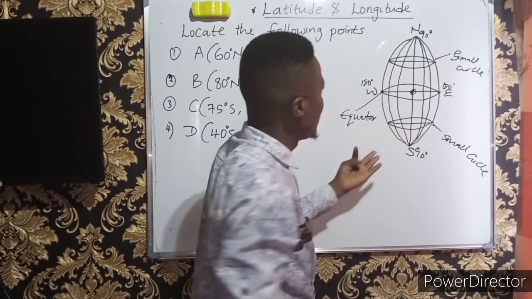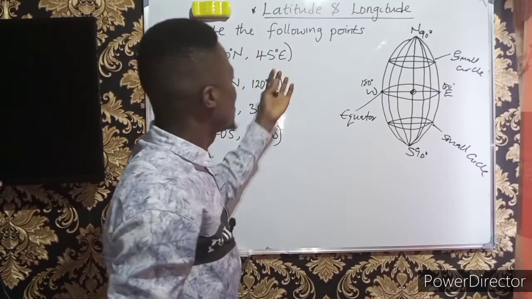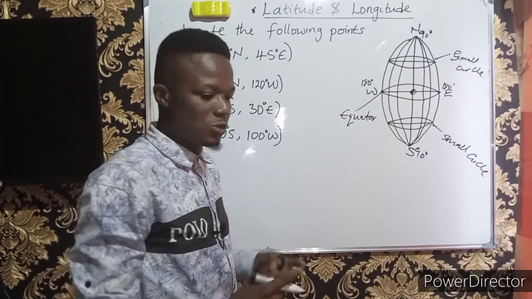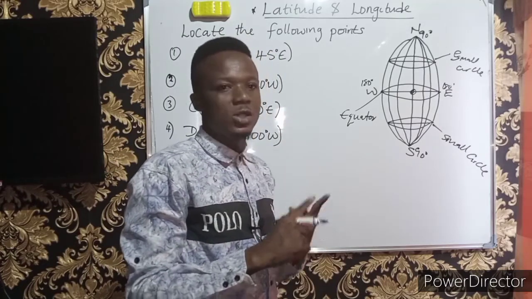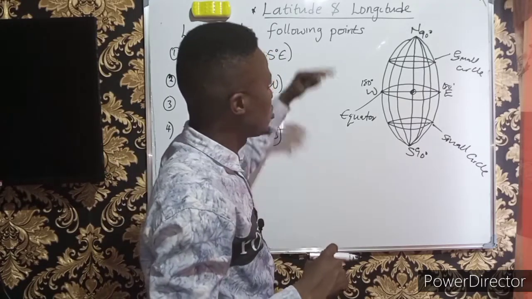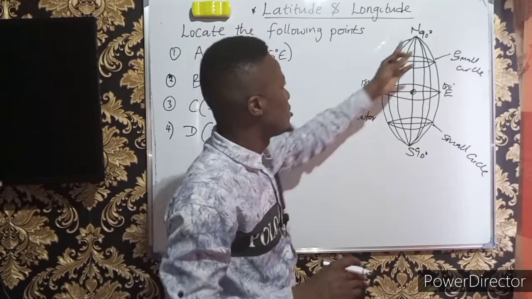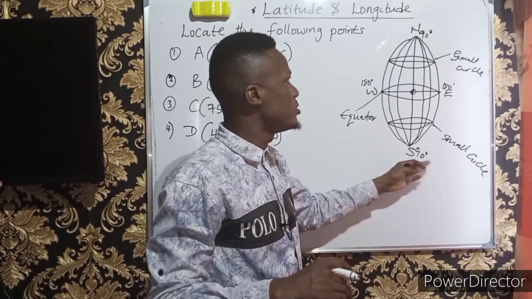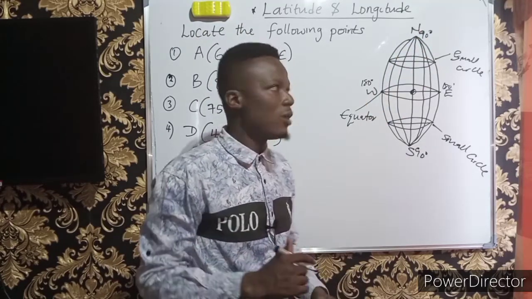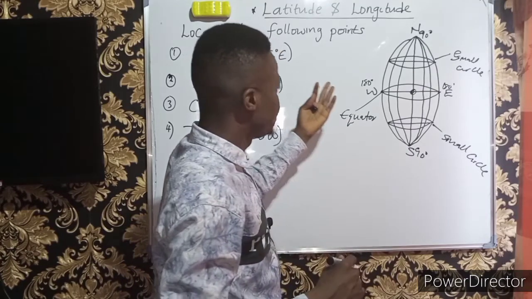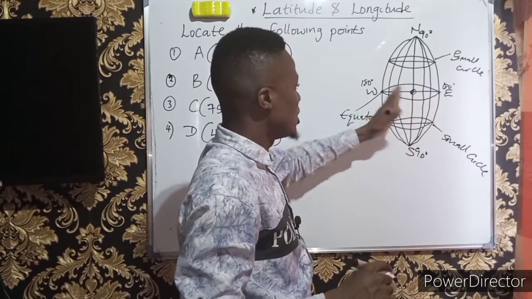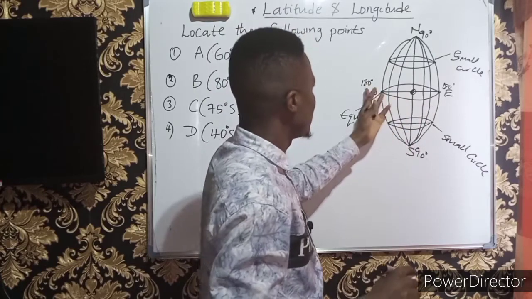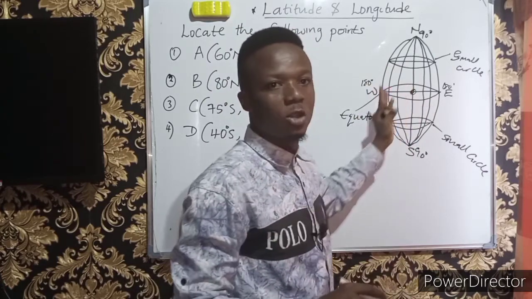The same thing applies here. So this is just the distinction between the latitude and longitude. One thing is that latitude runs from west to east, and because it runs from west to east, it is measured north and south. The highest degrees you can get there is 90 degrees either to the north or to the south, unlike the longitude that runs from north to south, measured east to west, which you can have up to 180 degrees either to the west or to the east